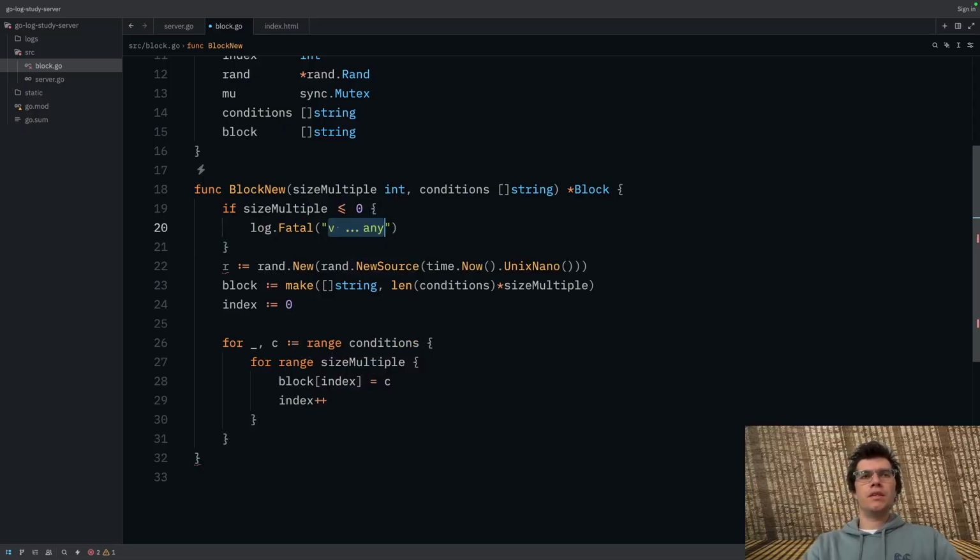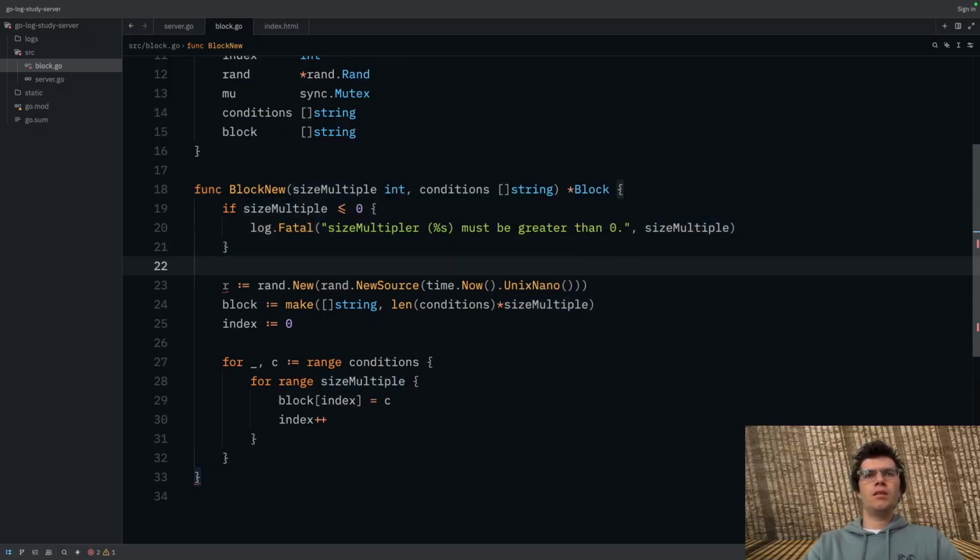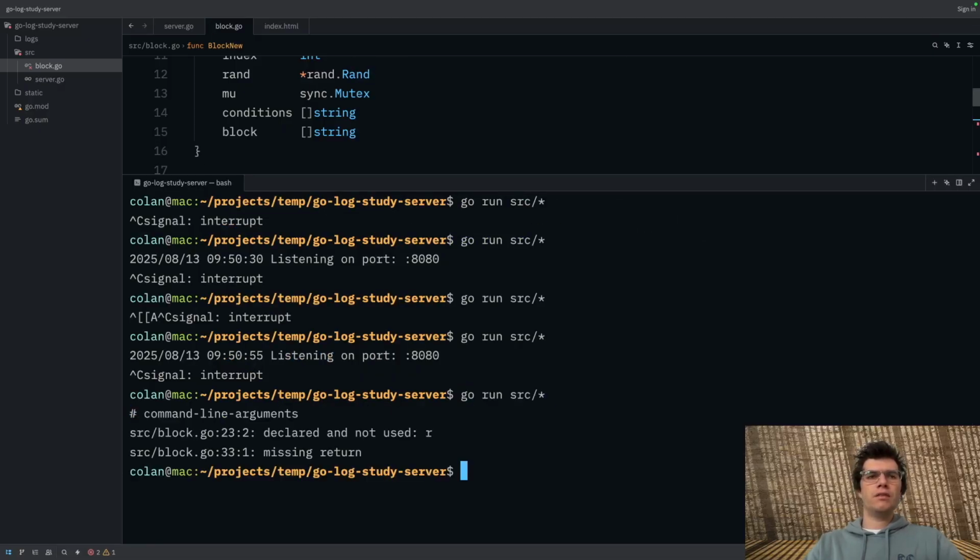And it's got to be size multiple, and we'll put in a %s. I don't know if that's the correct formation, but we can come back to that. Yeah, must be greater than 0. And then we'll give it size multiple, and I'm going to guess it will go run src go.